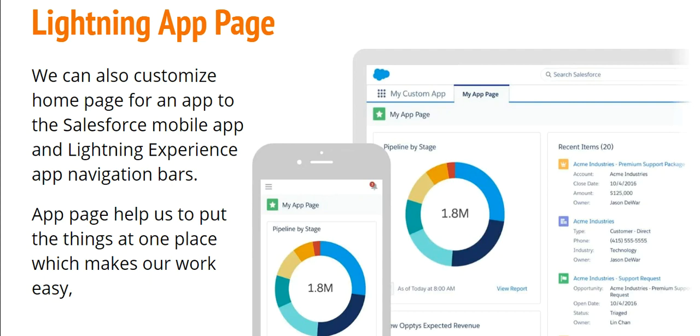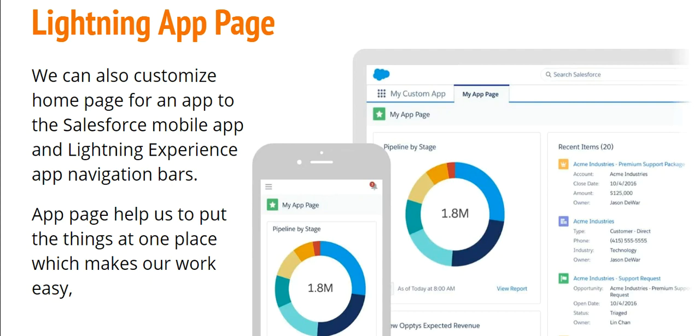We put multiple custom components here and they work together. We don't need to jump from one tab to another tab. So whenever we need to do things together on a single page, in that case we can use the Lightning app page.